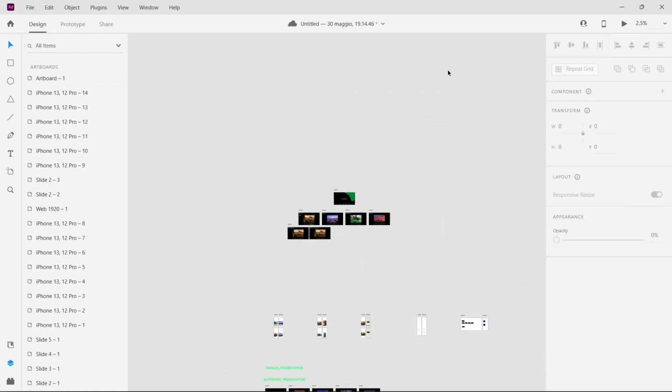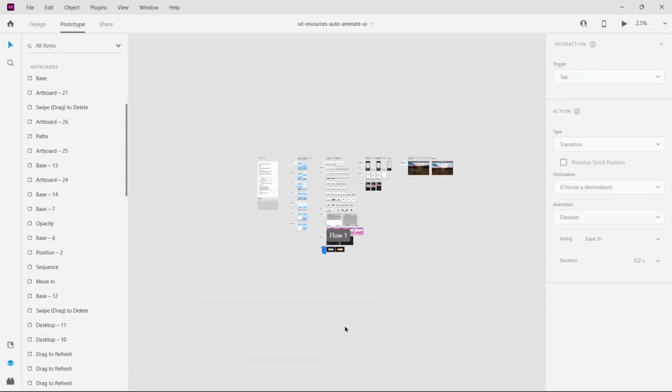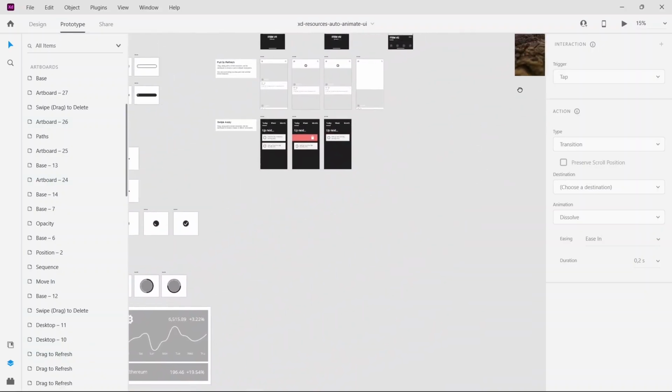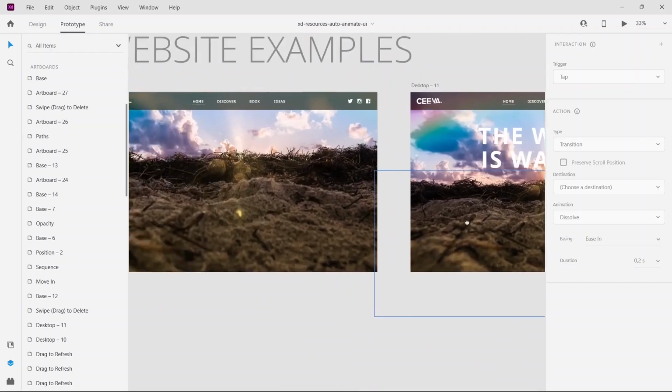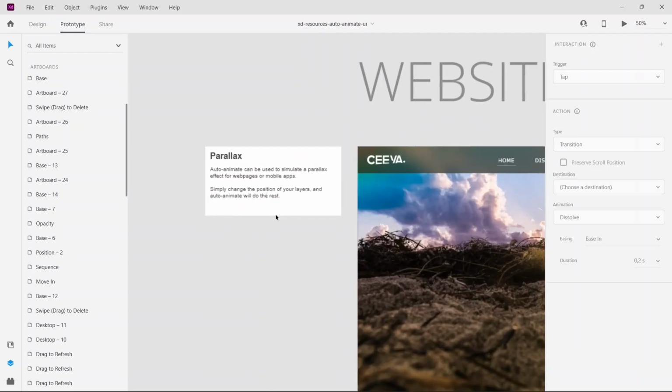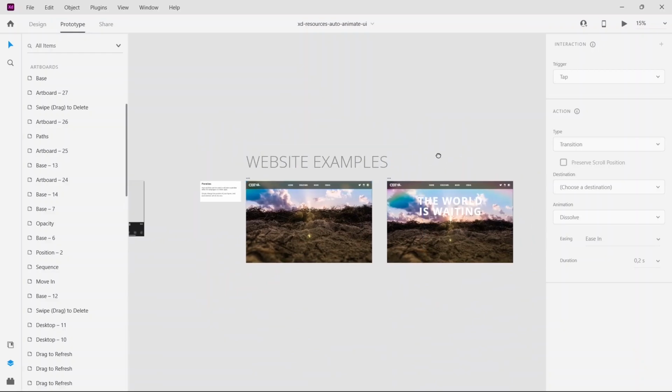We can now go to the Auto Animate file and see an example of landing page. In fact, if we go a little closer to these last artboards, we can see that we have here written, Auto Animate can be used to simulate a parallax effect for web pages or mobile apps. Simply change the position of your layers and Auto Animate will do the rest. So, in this case, we can see the preview,